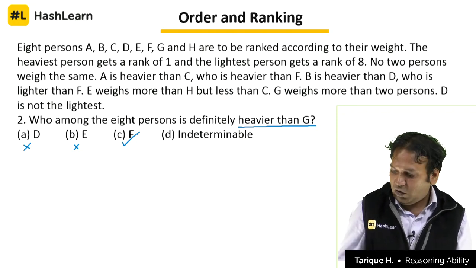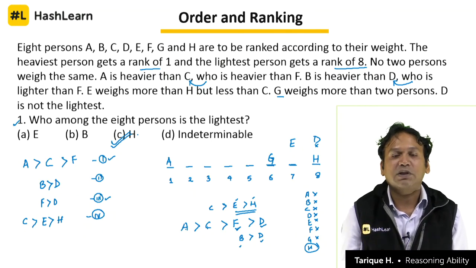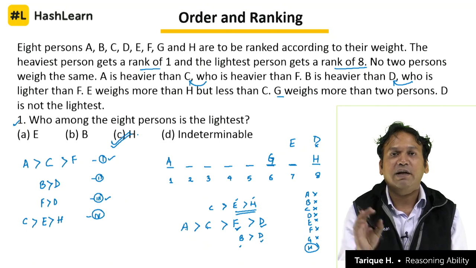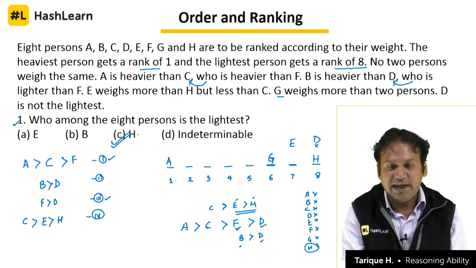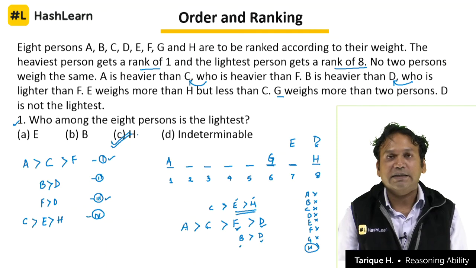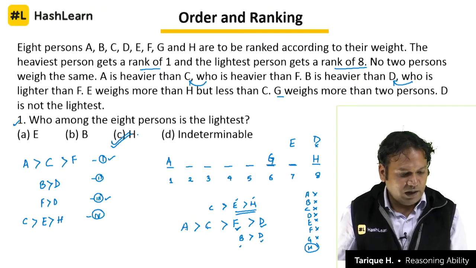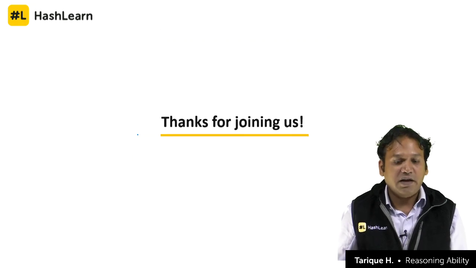So, again you have to look at the order and see how we can place them, what are the different cases possible in this scenario, and based on that you have to predict who will definitely be heavier than this person. Now, making 8 cases for 8 persons is not very practical in the examination, but if you work it out you will get the answer. So, the answer for 1 is C, answer for 2 is also C,